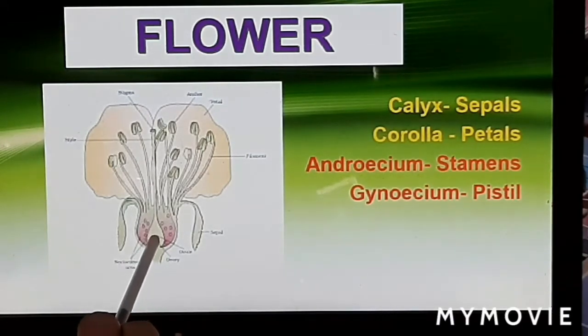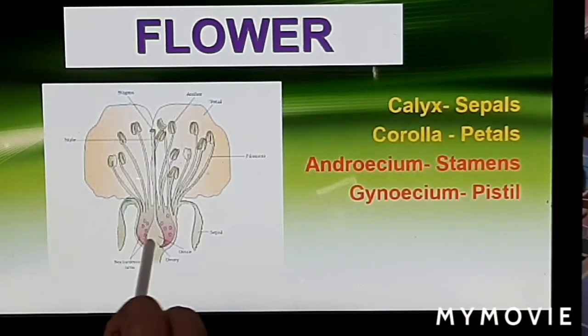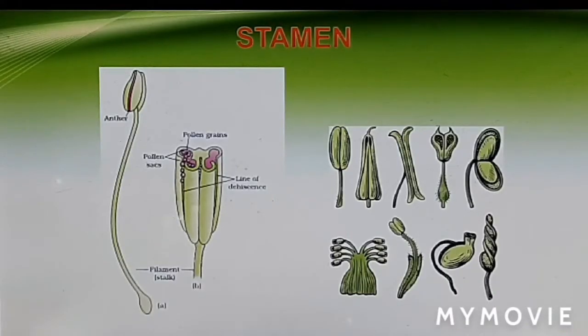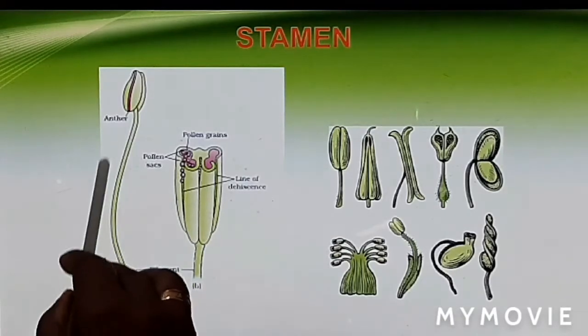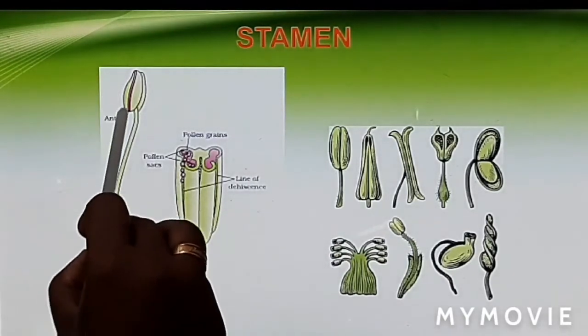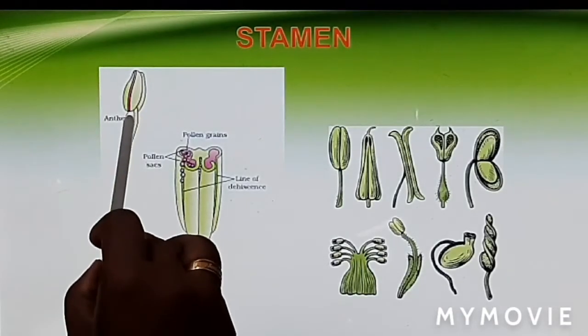It consists of pistil or carpel. Stamen is the male reproductive part of a flower. Each stamen has a long slender stalk which is called filament and a bilobed anther is located at the tip